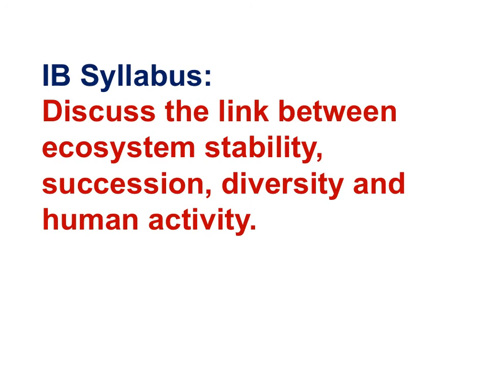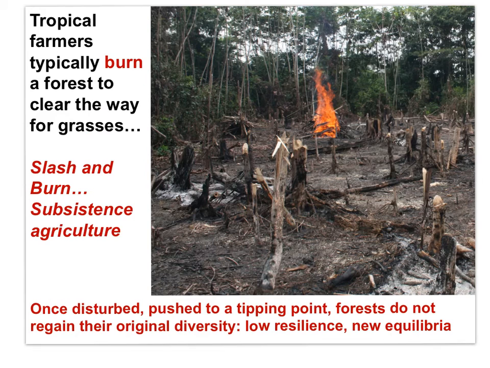This IB syllabus statement has been the singular focus of this movie. So let me bring this movie to a close by bearing down on the activities of people that simplify systems, disturb systems. I'm asking you to discuss the link between ecosystem stability, succession, diversity, and human activity. Slash and burn farmers remove forests to grow crops, a change from late successional forests to early successional grasslands. Diversity declines. Within a short period of time, soil fertility declines, forcing the farmers to move to a new location